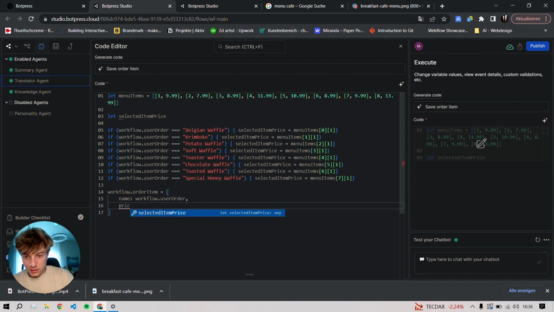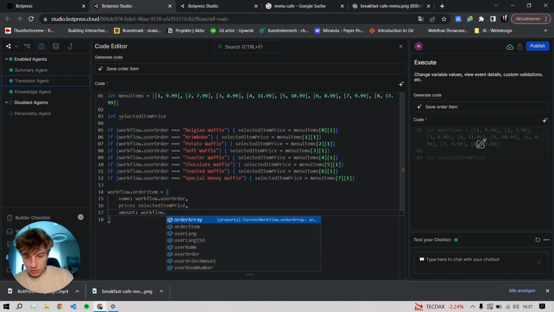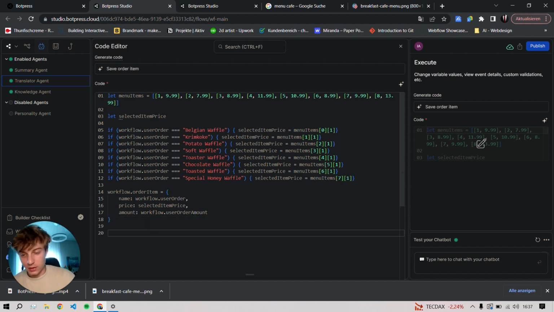Then the price is selected price, and the amount user order amount. Nice. So now we have created an object, and that object, the last step here, we push